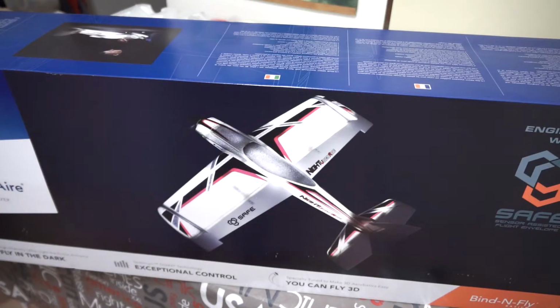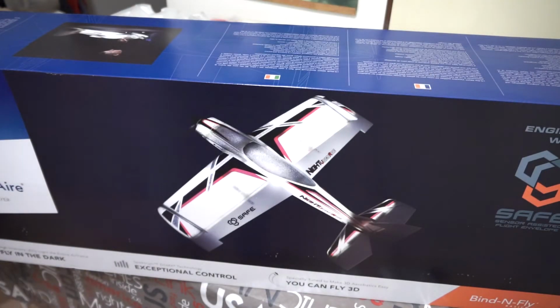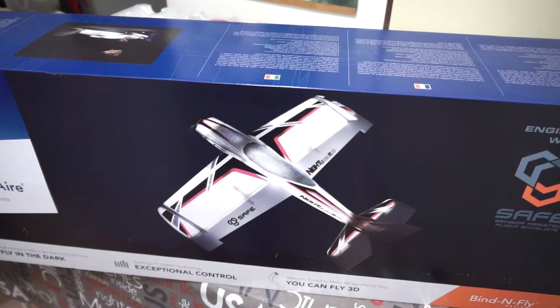And what is the next nice thing? If during your flying you are in any dangerous position of the model, you can just press the panic button on the transmitter, and your airplane will automatically, immediately change flight position to just normal flying, and you can try any aerobatic maneuver again. So flight stabilization, where you can use two modes, normal and hard, and the panic button. And the next nice thing, inside the wing, fuselage and stabilizer are high-powered LED lights, so you can fly, of course with some experience, with this airplane in the dark, or almost dark,